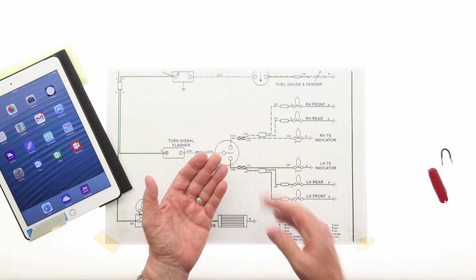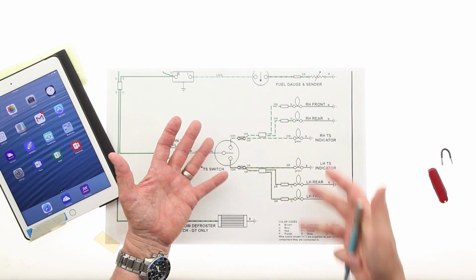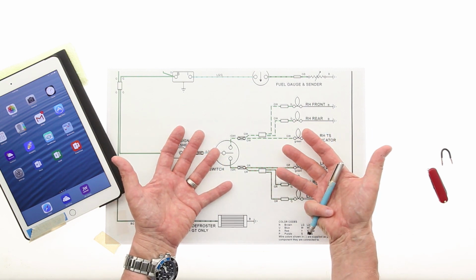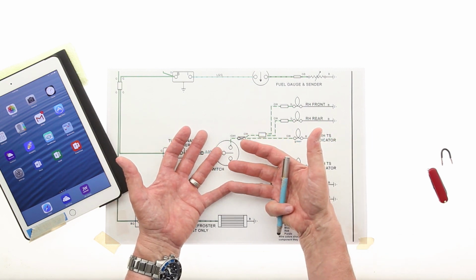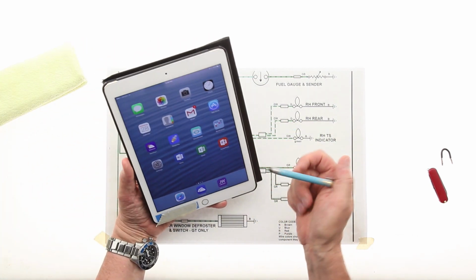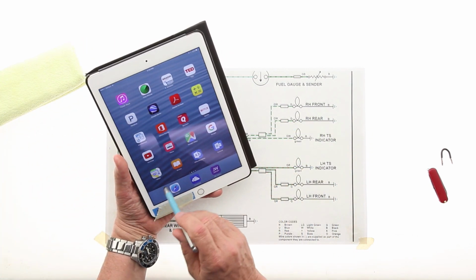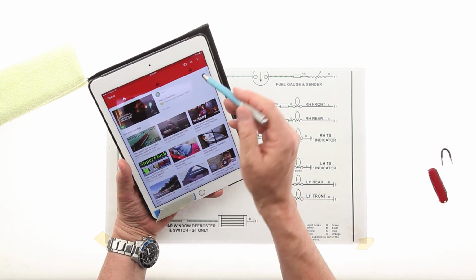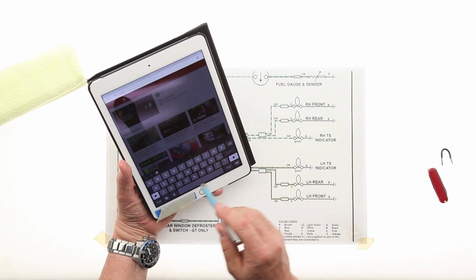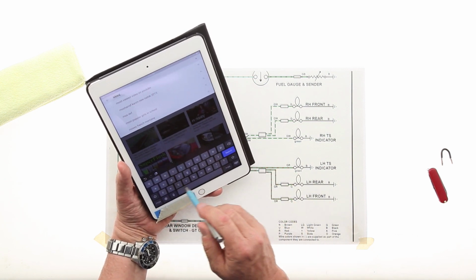Now, an individual might say, well, okay, now I understand it, but we're talking about turn signals. What happens if I need to learn about something else, another system, how it works, so I can know what's wrong with it when it doesn't work? I mentioned the internet. I've got my iPad, and I'm just going to go to YouTube. And when YouTube comes up, there's usually a little magnifying glass at the top, which serves as a kind of search. And I'm going to type MOSS space